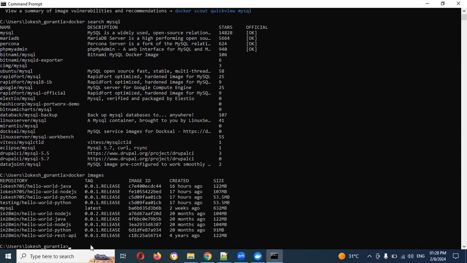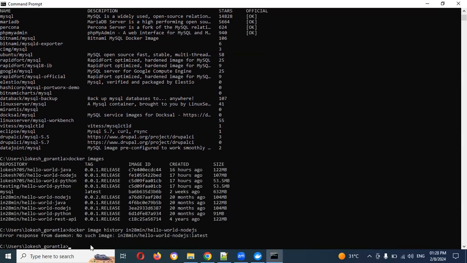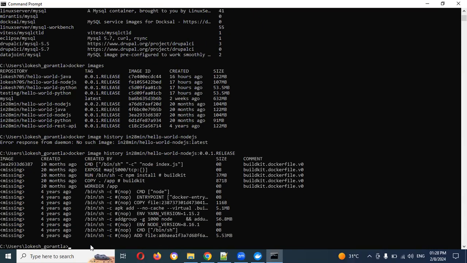I'm copying that and going for docker image history, and we provide that particular image, and hit it with the tag colon 0.0.1 release. Now you can see